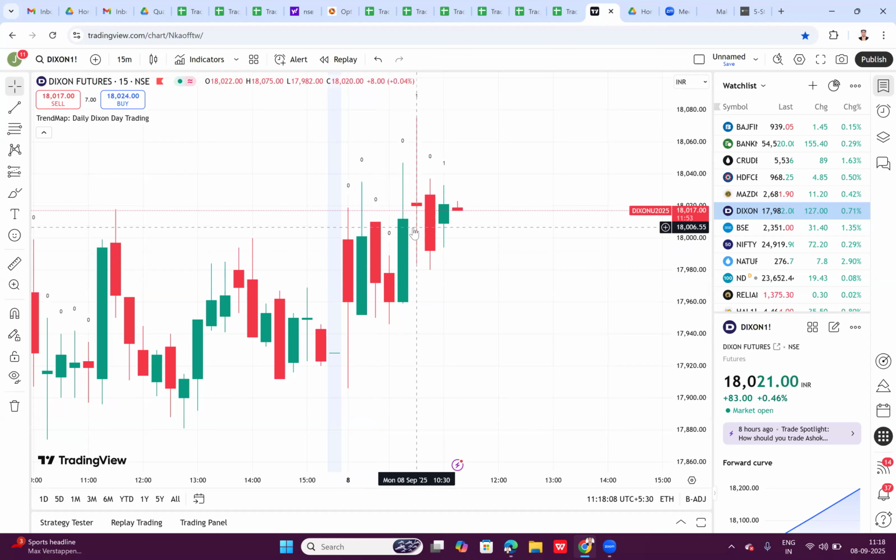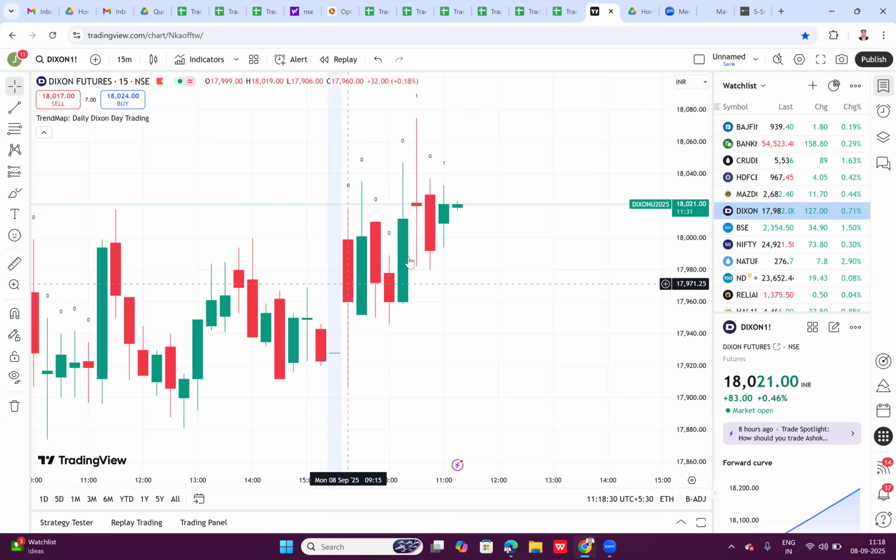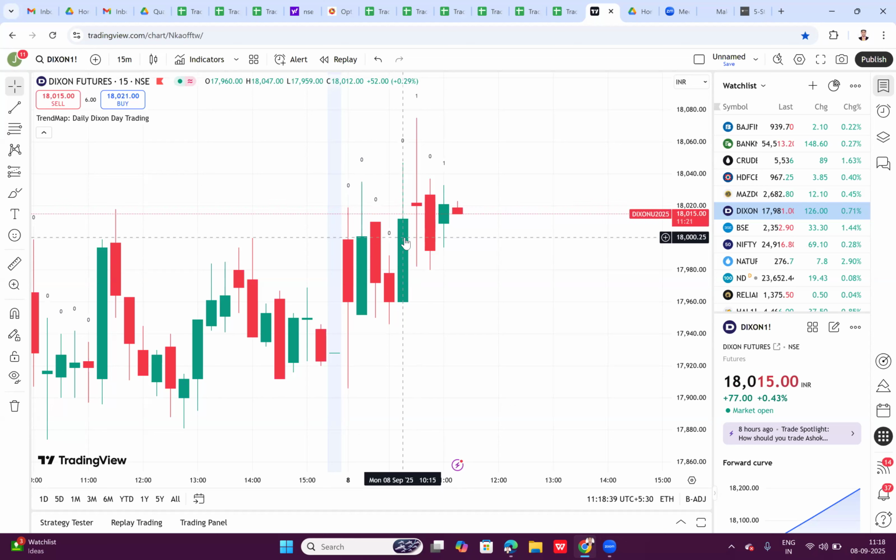So in futures, entry is not triggered till now, because as per the rule today in futures, on the 10:15 candle 0 is available and on the 10:15 candle 1 is available. As per this 0 plus 1 setup, we will place an order in futures. But as per this setup, till now entry is not executed. Okay. So today, as per the futures rule, we got a trade on these two candles, but till now entry is not triggered. We will not place any order at market rate. After this also we got a 0 plus 1 setup, but always we have to trade as per the first trade. Okay. Means as per rule,